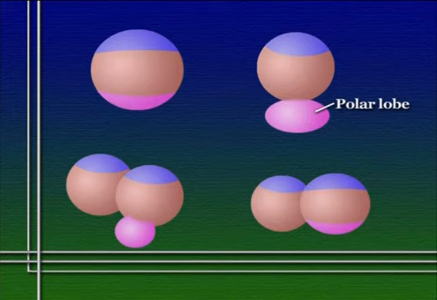After this very first division, these two cells that result can no longer develop into entire organisms on their own. The reason for this is because the polar lobe has had a set of maternal determinants sequestered into it, carrying them into only one cell. These kinds of examples demonstrate how cytoplasmic segregation contributes to determining the fate of cells that arise from just the first few cleavages, and in doing so, begins a cascade of differentiation events that leads to the development of very different kinds of cells and structures.